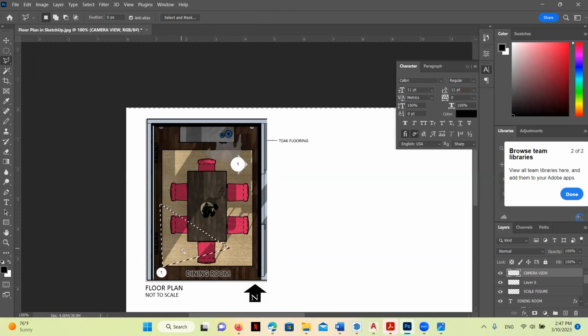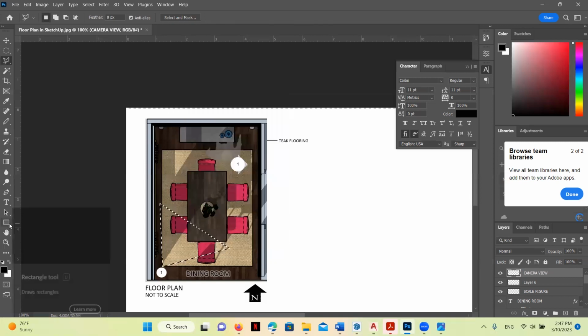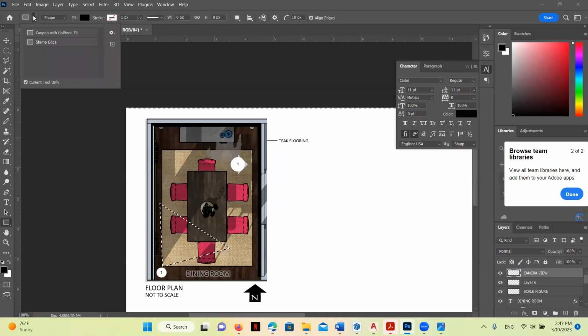Okay, so now we're going to right click and fill. Actually, hold on. We're going to use our gradient tool over here. Let me pause and explore this for a minute. I'll be right back.